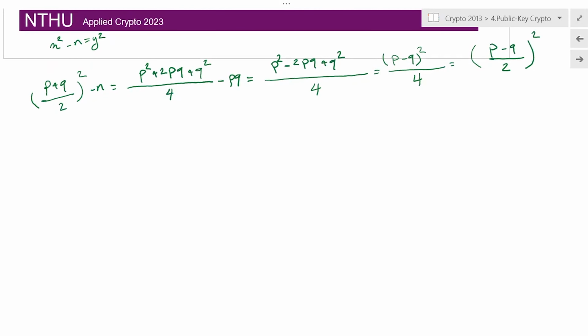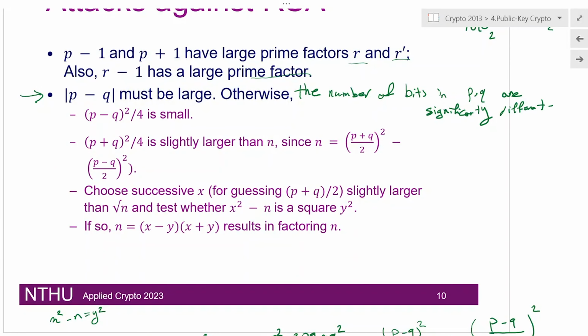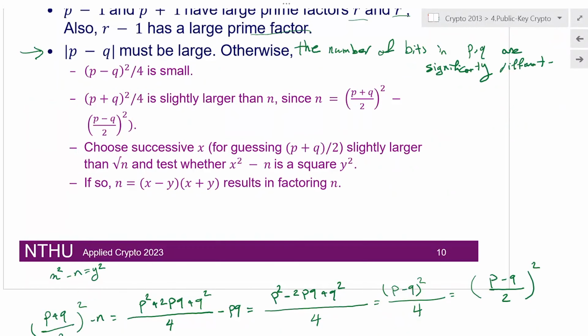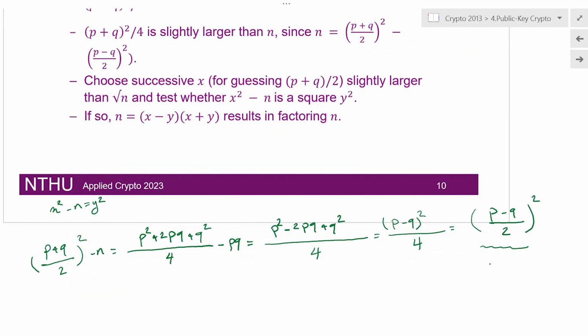So all we are trying to say is that if p and q are close to each other, if you square them and divide them by 4, that would also remain relatively small because the difference between these two numbers is small. So remember what we've got over here: this equality is going to be small. And how did we get here? We just expand this formula over here, and that's how we got ourselves over here.